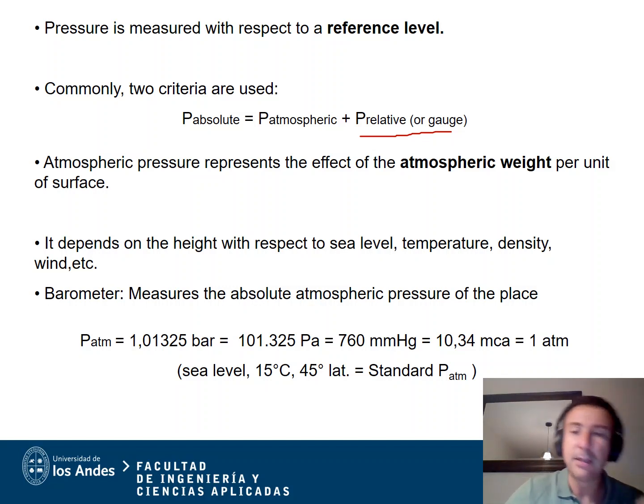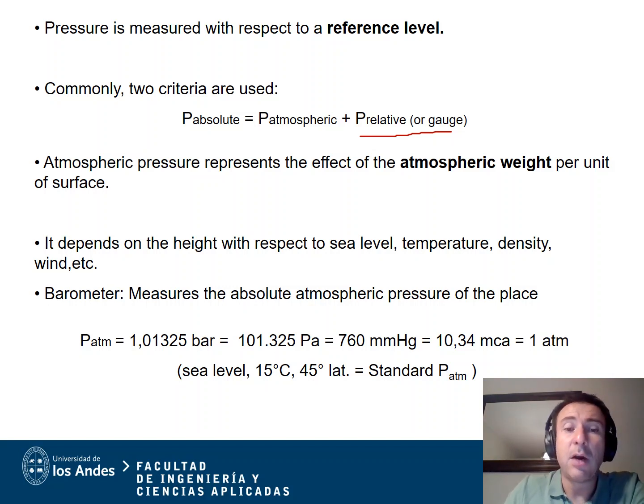If you're at Calama, you're going to have one atmospheric pressure. If you're at Antofagasta, you have a different pressure. Okay? Atmospheric pressure represents the effect of the atmospheric weight per unit of surface. We talked about this. It depends on the height with respect to the sea level, temperature, density, and wind. A barometer, which you have probably heard about in the news or when you were a kid, measures the absolute atmospheric pressure of the place that you're measuring. And the atmospheric pressure, as we talked about in the previous unit, is